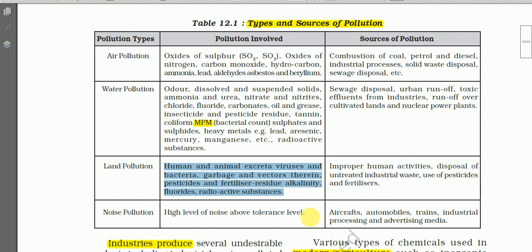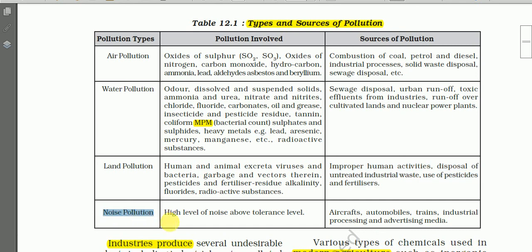Vectors, for example, rats, mice, insects, then pesticide, fertilizer, residue, alkalinity, then fluoride, radioactive substances. So the sources of pollution, we have improper human activities, disposal of untreated industrial waste on the land, then use of pesticide and fertilizers in the agricultural field, then noise